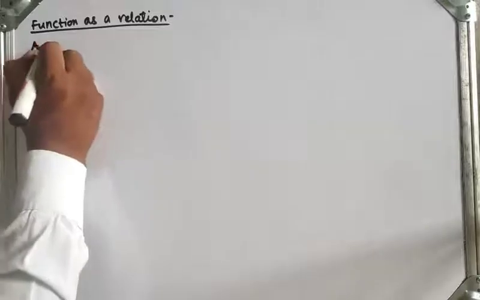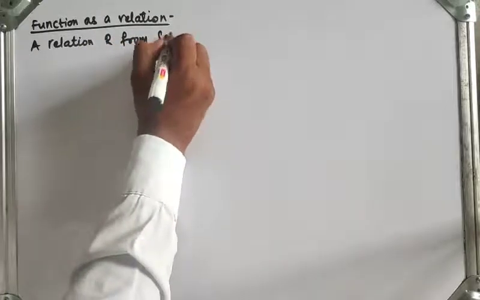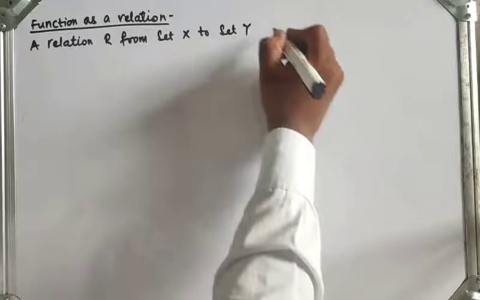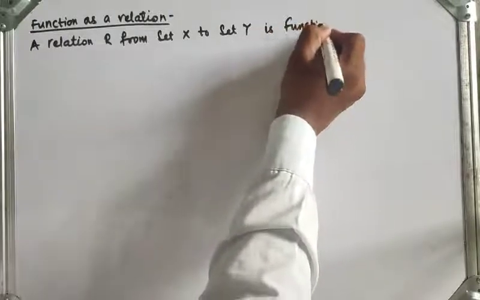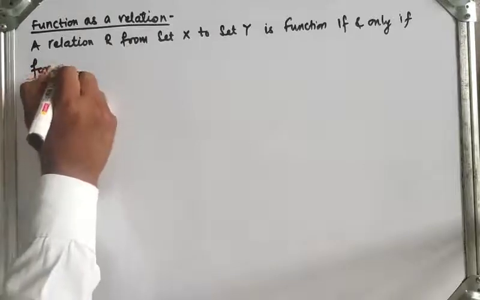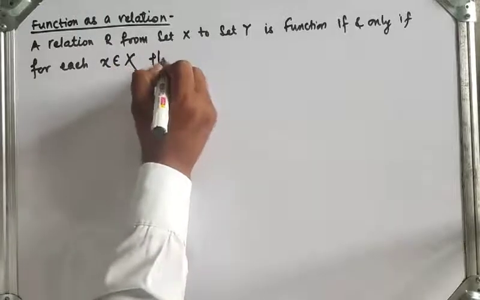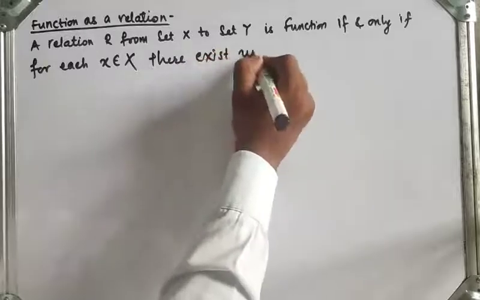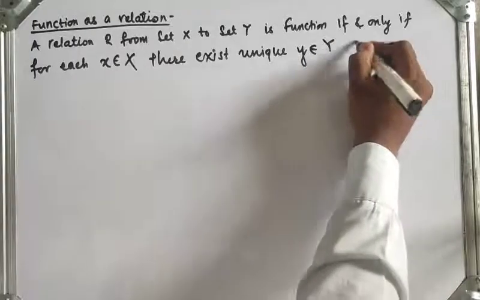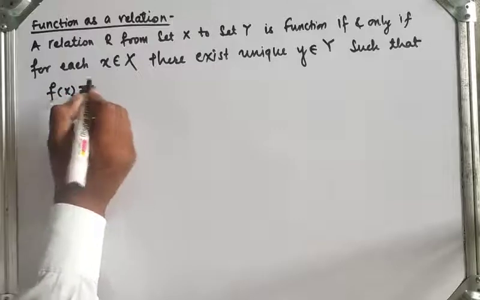A relation capital R from set X to set Y is a function if and only if for each x belongs to X, there exists a unique element y belongs to Y such that f of x is equal to y, that is,